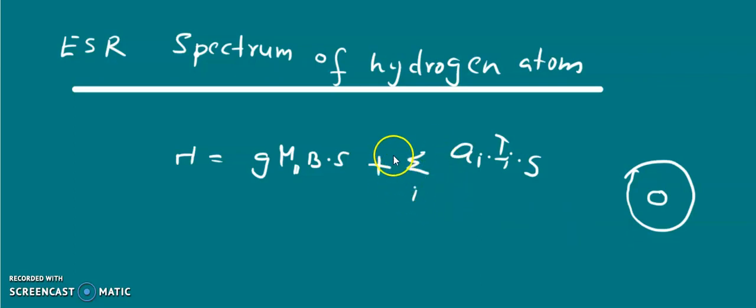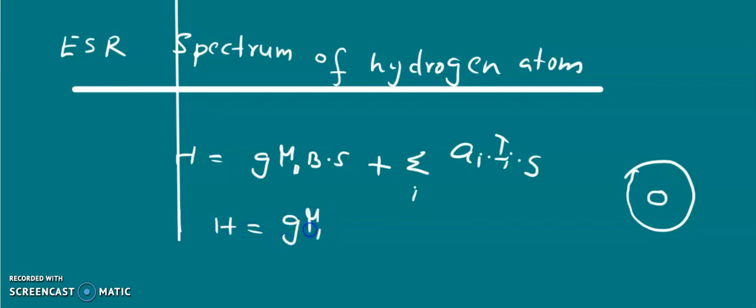The summation symbol is required if we have more than one nucleus. So H is just G mu B B dot S plus A